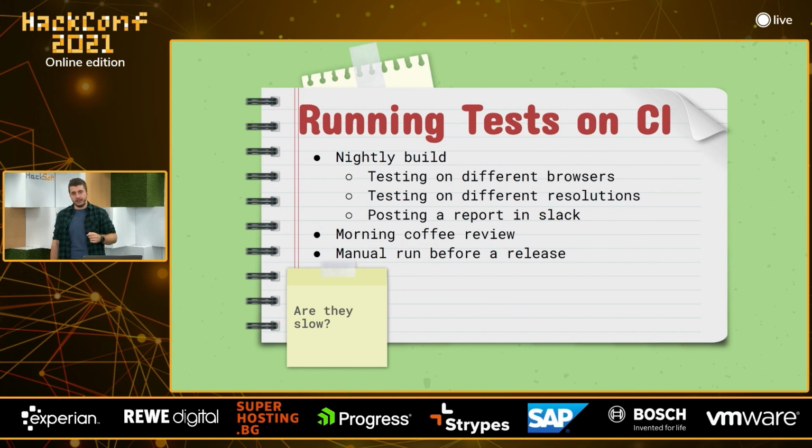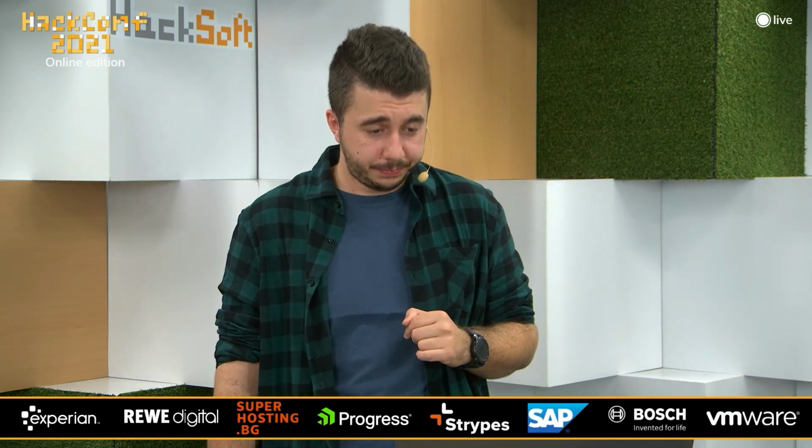So what we decided to do is to make a nightly build that is running every night while we're sleeping, and then we have a morning coffee review. So it's posting a nice report in Slack saying, hey, these tests are broken, this test failed, here we have a problem on Safari again, here we have a problem on Mozilla, something like that. And every morning with the coffee, you can just review what's going on. Some of the tests are false alarms. So let's say it is working, but the feature gets changed and someone forgot to update the tests, or something strange is happening on the CI and we cannot really reproduce it. I will come to this a little bit later.